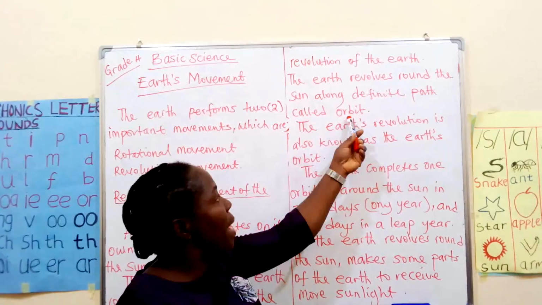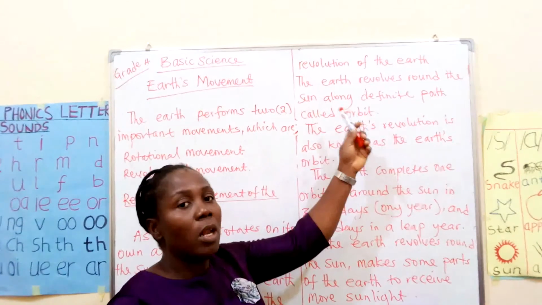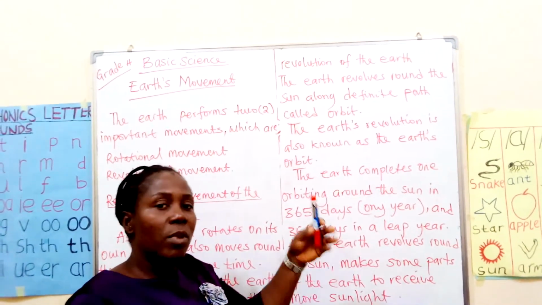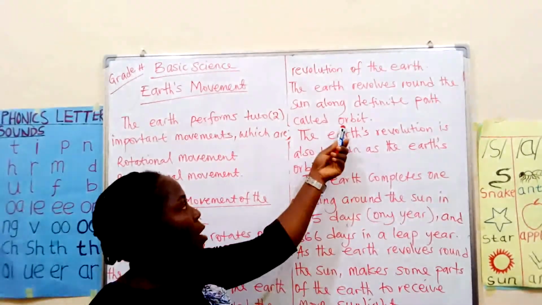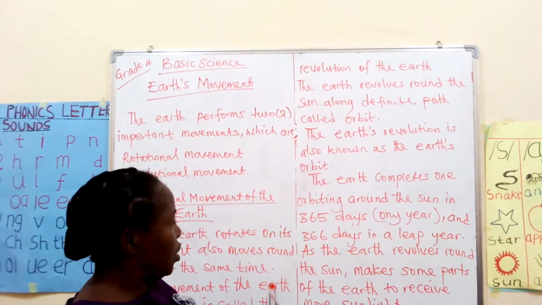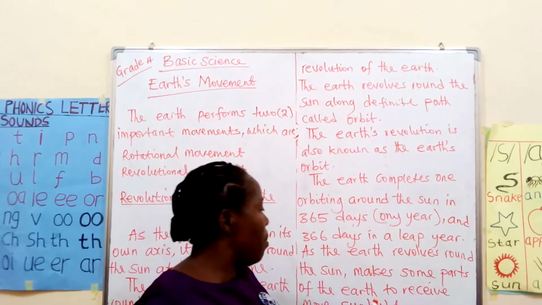So the special path or definite path on which the earth revolves around the sun is what? It is called the orbit. The earth rotates on its axis while it revolves on what? On its orbit. Now we have said that the complete revolution takes 1 year. Now as the earth revolves around the sun, it makes